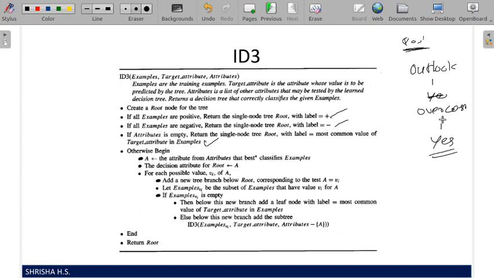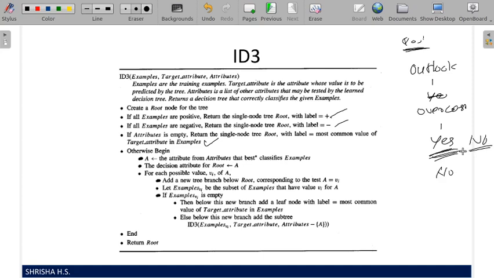So we have the attribute outlook, overcast, and after that we don't have anything. All are classified to yes. In those cases, return the most common value of the target attribute, which is yes. If the most common value was no for outlook overcast, if all the instances were no instead of yes, then we would write no here.